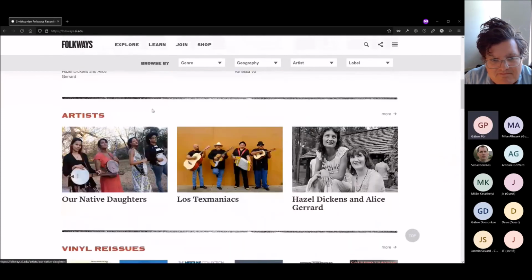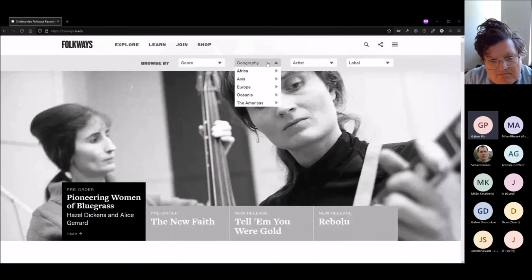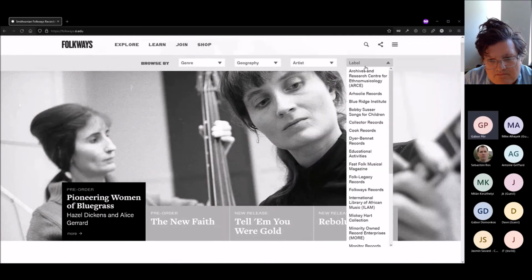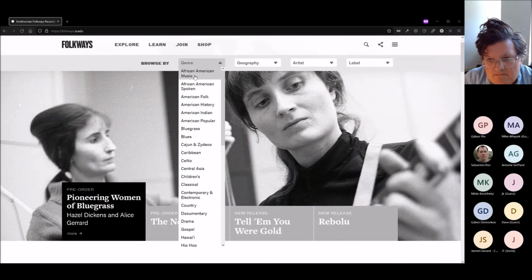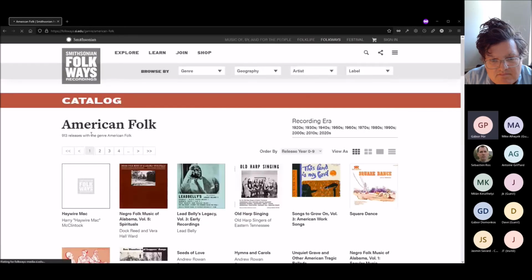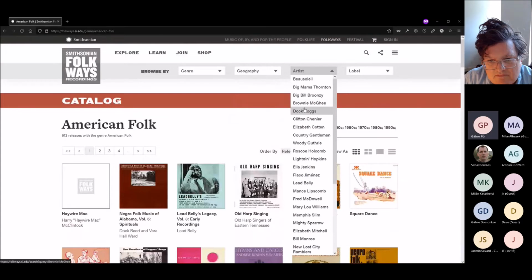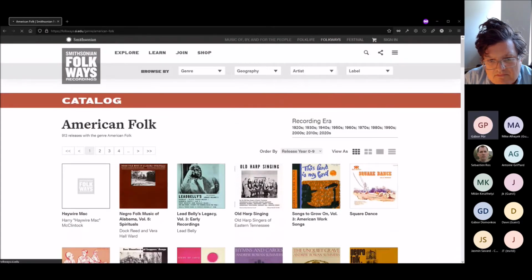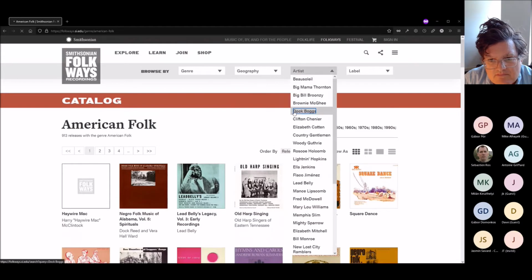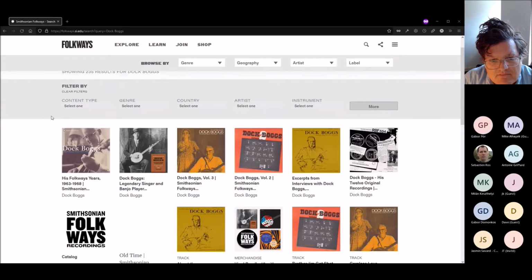You can also browse the site by filtering by genre, location, artists, or record labels. So for example, if I were to click American folk genre, it will show the relevant releases for that. And if I'm filtering by artist, then it will show releases and other content types as well.